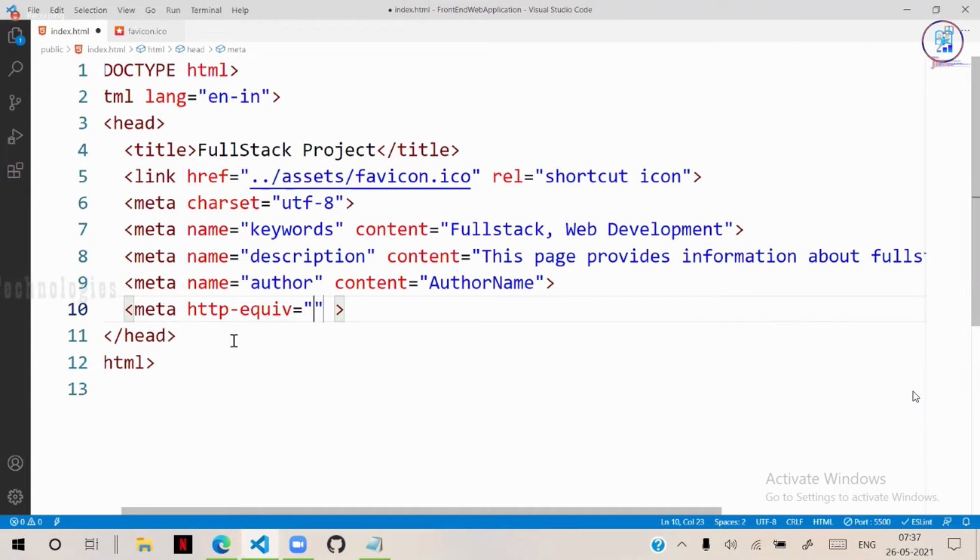For refreshing the entire page, we need this HTTP equiv. For refreshing a specific portion, we have to use a concept called AJAX. So here we just use HTTP equiv. We say refresh,